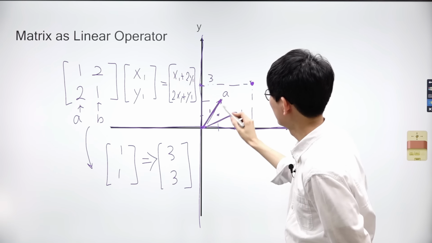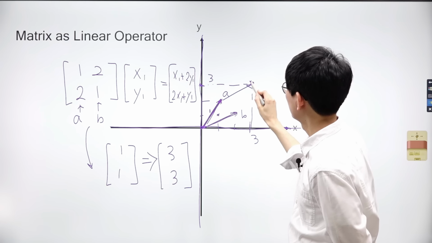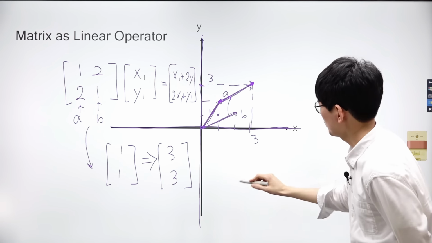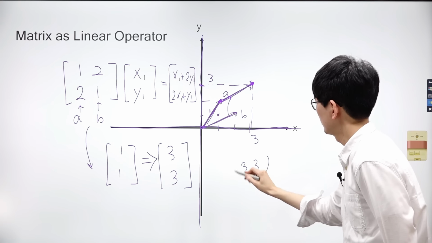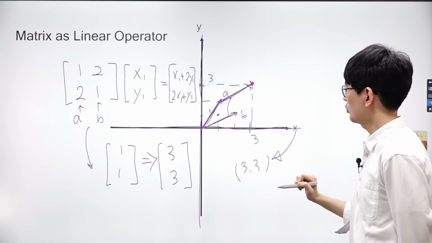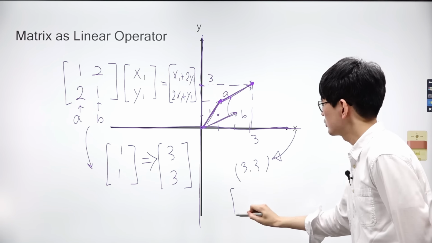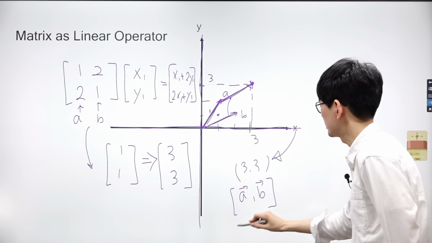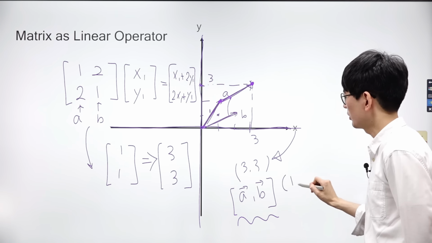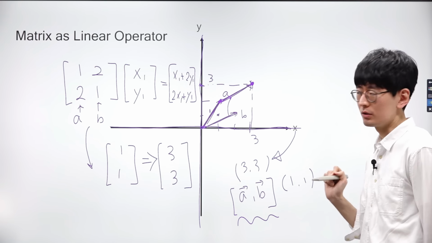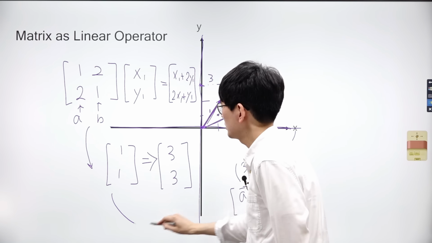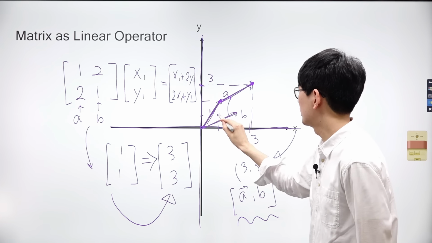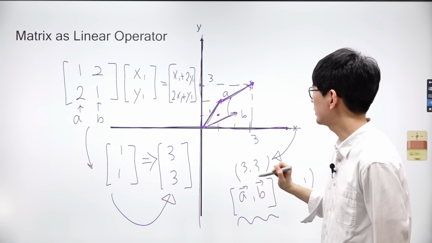To reach the point at coordinates 3 and 3 on the plane, we start by moving along vector A, and from the endpoint of vector A, we continue by moving along vector B. Therefore, the coordinates of the point are 3 and 3 when using the original x-axis and y-axis. However, when using vector A and vector B as axes, the new coordinates of the point become 1 and 1. Let me elaborate on the significance of shifting coordinates from 3 and 3 to 1 and 1.